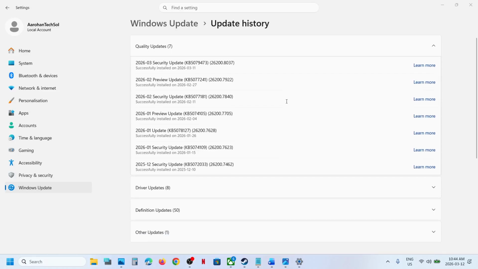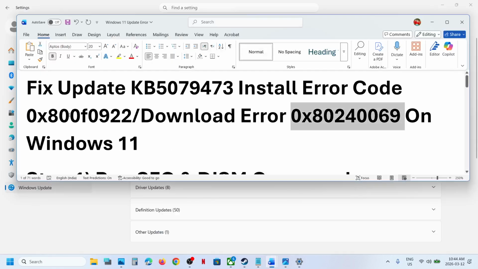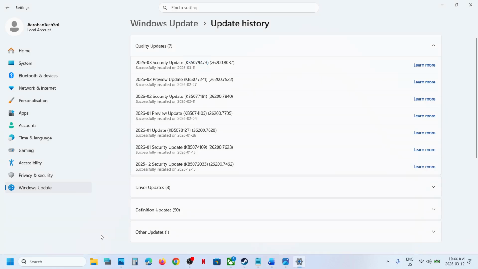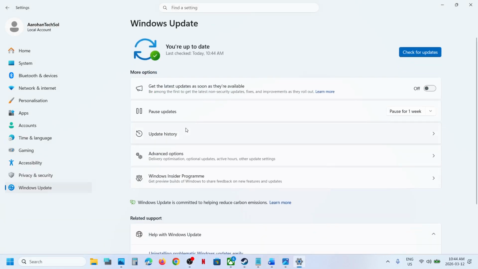Today in this video I'm going to show you how to fix when you are unable to install this update, that is KB5079473, because of this error code, that is 0x800f0922 or 0x80240069. So the first step is to go to Windows Update in Windows Settings, and over here you can see